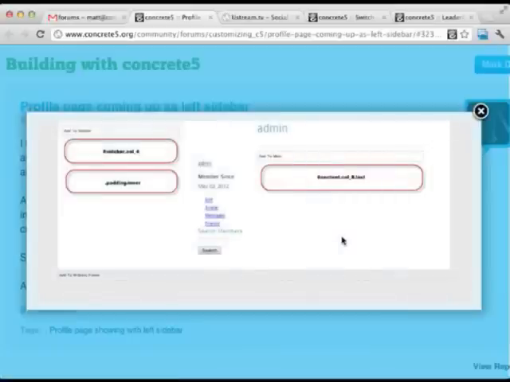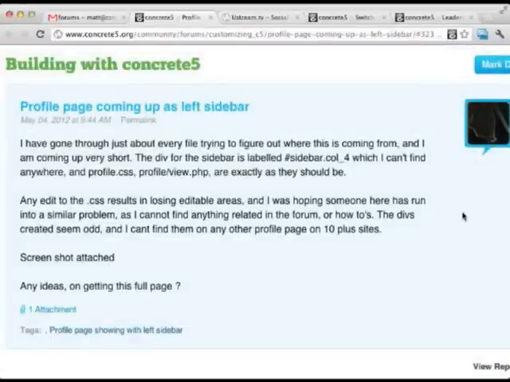The way the profile section in concrete5 works is it is what we call a single page. And it's unlike the dashboard, which is also a set of single pages, in that it is a single page on the front end of the site.